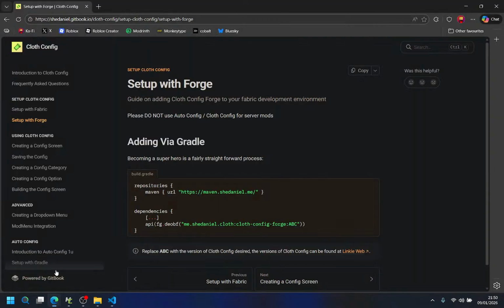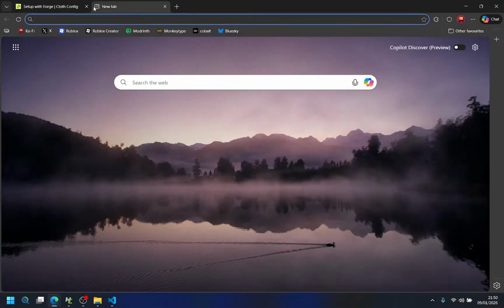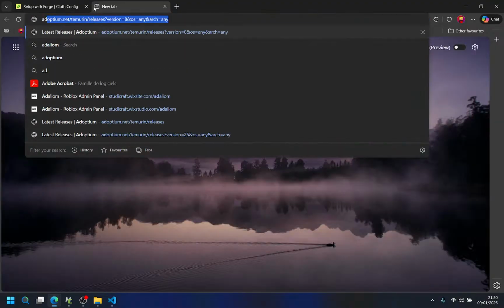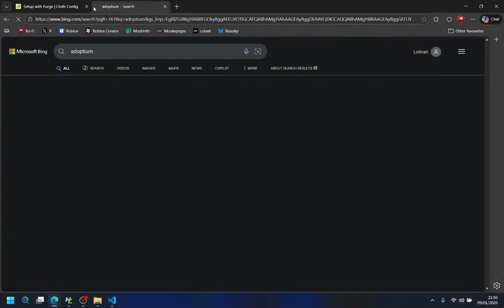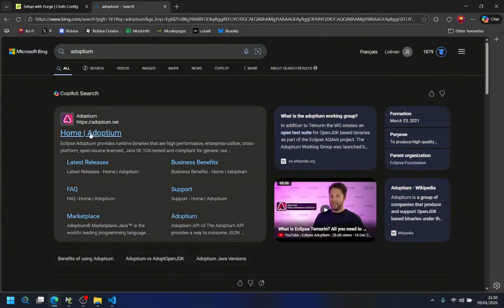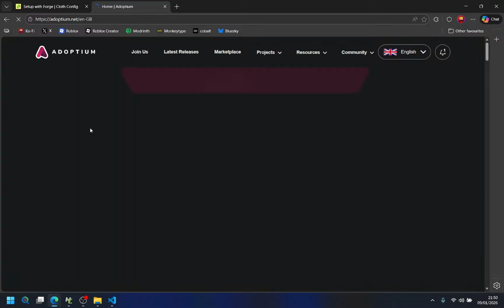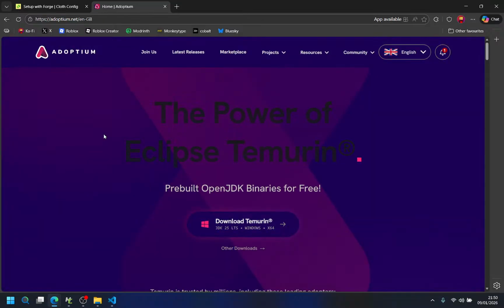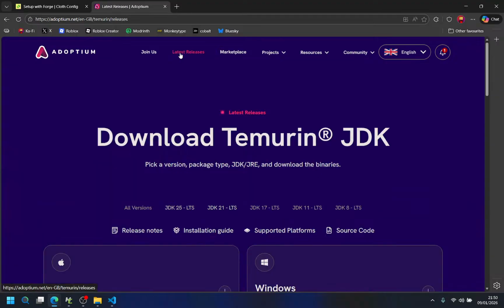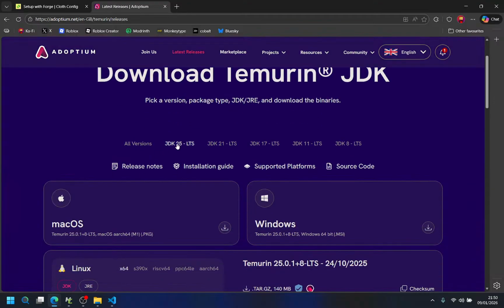Oh my god. I like to use Adoptium personally. Wait, it looks ugly using the dark reader thing. Its latest releases.